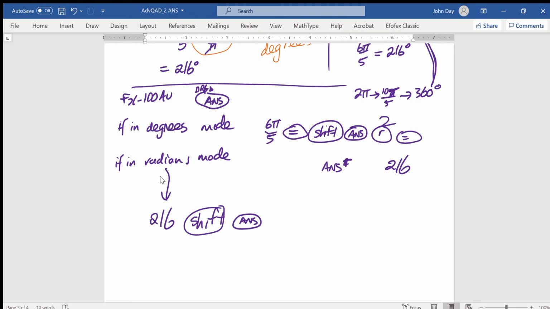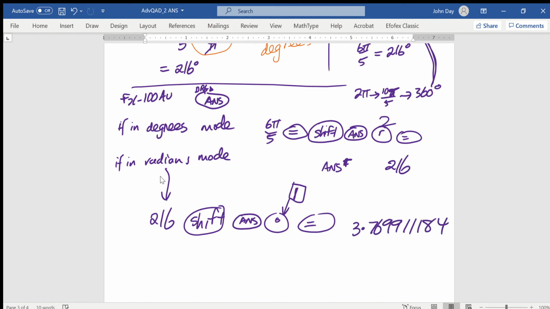I've just pressed 216, Shift Answer. Now, if I'm already in radians mode, I just need to press 1, because I'm telling it I'm putting in 216 degrees. You tell me what it is in this mode. So I press equals and it tells me